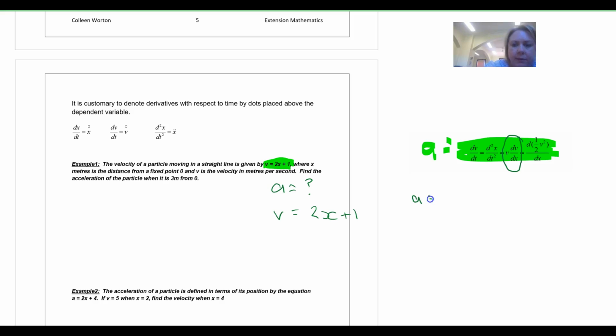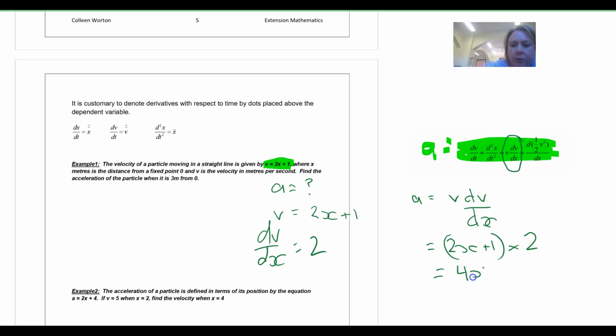a is equal to v dv/dx. Well, we know v is 2x plus 1, and we know that dv/dx is 2. So we know a is 4x plus 2, and the question asks, find a when the particle is 3 meters from O, so when x is 3, a is 14 meters per second. Okay,